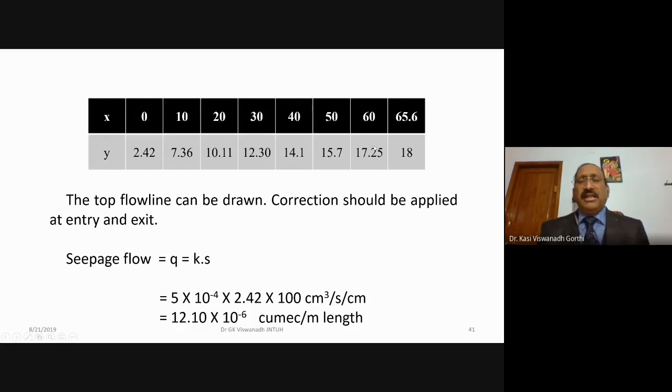So you can find the values of y. Once x, y are known, a smooth curve will provide you the parabola. So the top flow line can be drawn with this, and correction should be applied at the entry and the exit. The seepage flow Q is equal to K into S. The value of K is given, and S is the focal distance. We have seen 2.42. Substituting that, you get the seepage rate of